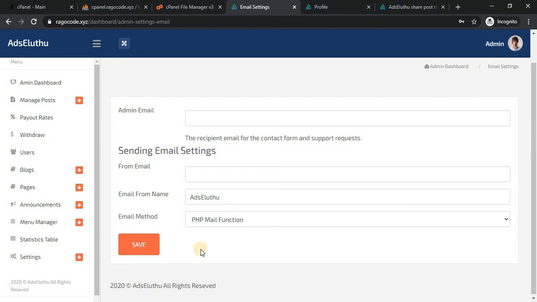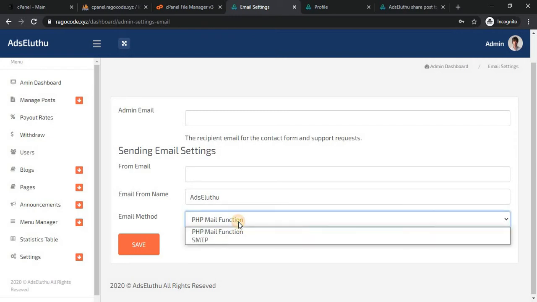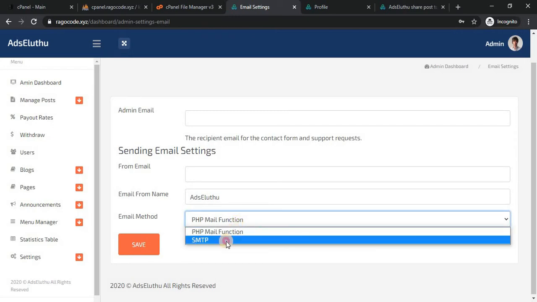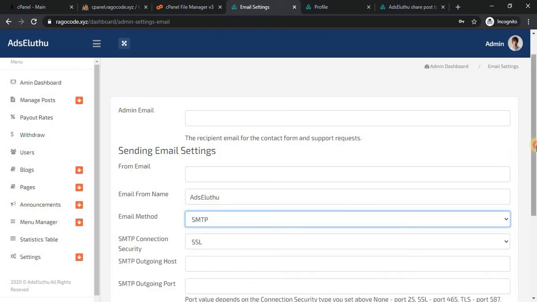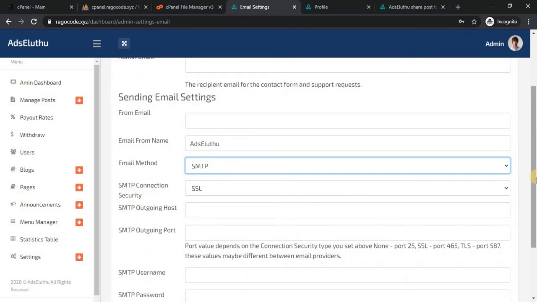The mails will not go to spam, otherwise it will create spam mail. Sometimes your user can't find the sent mail. So we strongly recommend using SMTP. SMTP is a good one for sending mails.